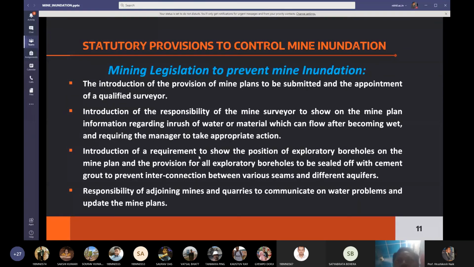Introduction of exploratory boreholes on the mine plan and the provision